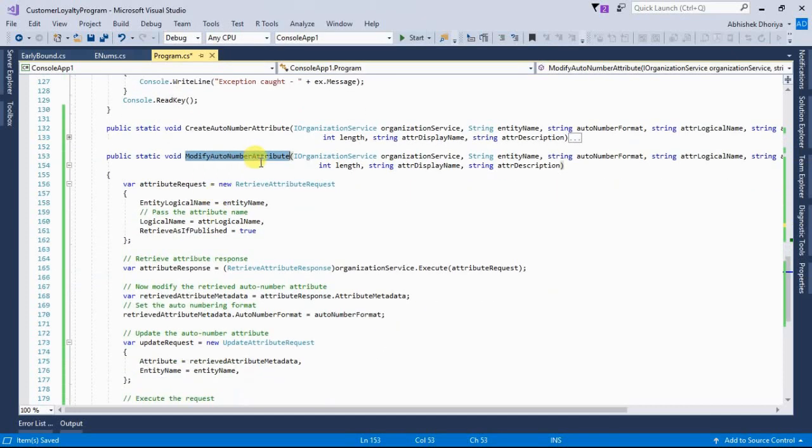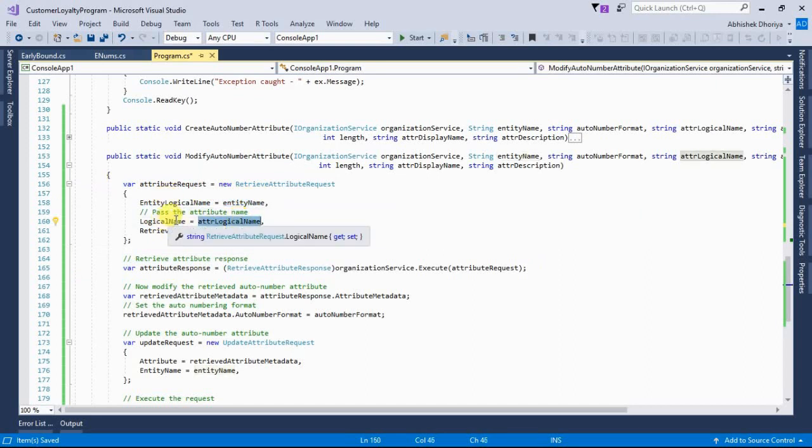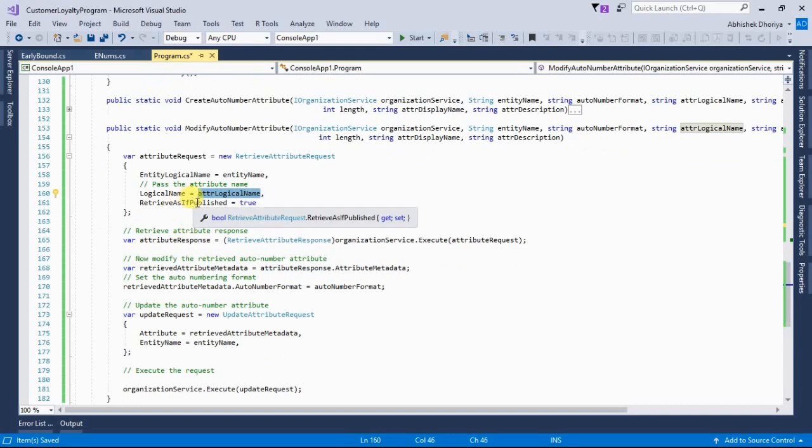In the modify auto number attribute method, you first need to retrieve the attribute that you want to modify. Here I'm retrieving the attribute by passing the logical name of the entity and the logical name of the attribute of that entity. You need to retrieve as if published, so you pass true, and then you can make a retrieve attribute response call.